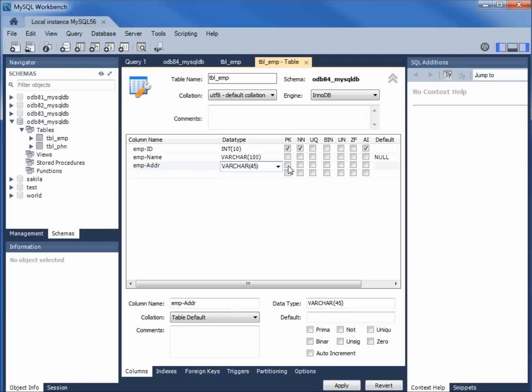If I click on the primary key, it also puts on the not null. It also adds a checkbox down here. Notice we also have the column name here. Turning these off. We can add in a comment about this field if we like as well. This is for the employee address. That's my comment. To apply this change, I need to click Apply. If I click Revert, it will go back to what it was before I made any changes.